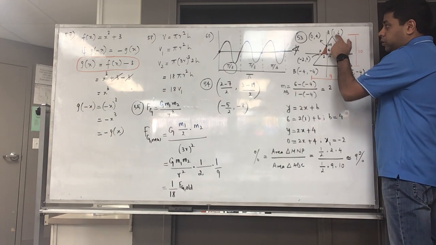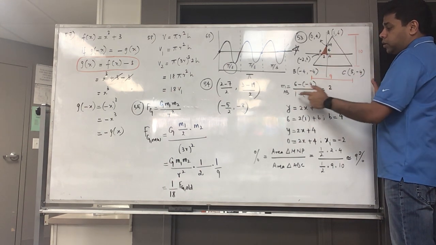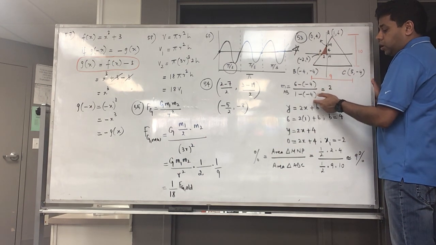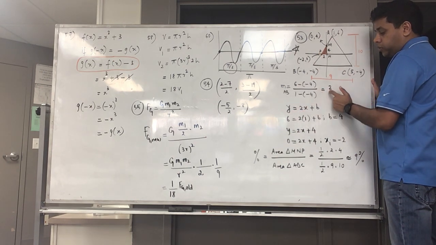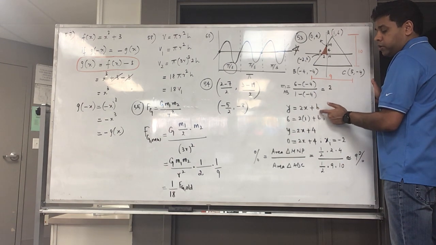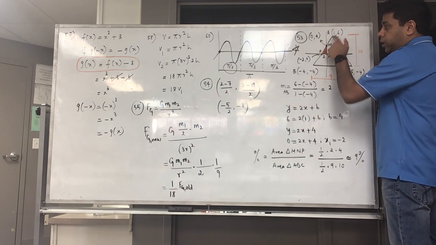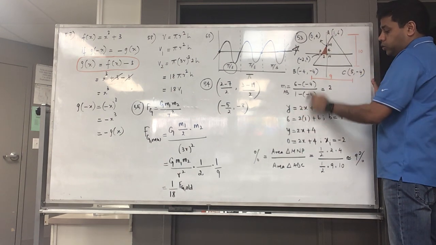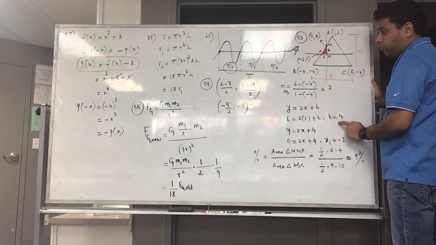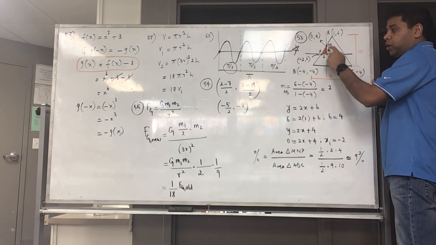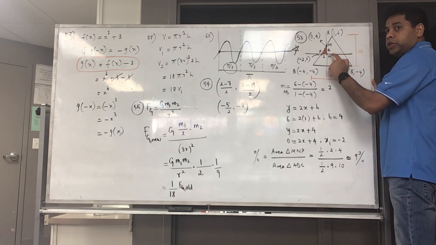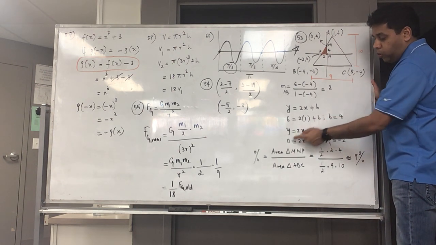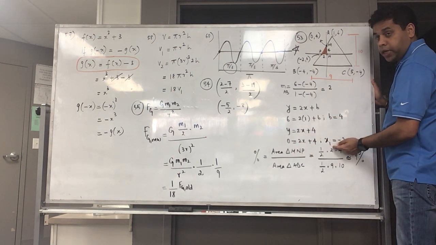So I found these 2 points, A and B, found the slope. You guys know how to find the slope. Then y equals 2x, which is the slope, plus b, the y-intercept. So I took any of these 2 points, I picked this one, y is 6, x is 1, I found this y-intercept as 4. So this distance is 4, which is the height of the triangle. Then I found the x-intercept by putting y equal to 0 and solving for x,